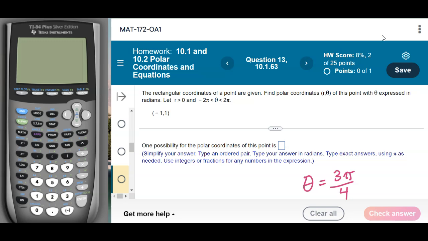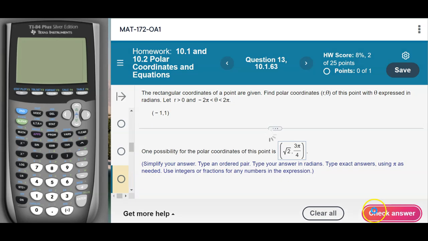Alright, how do I get r? Well, r squared equals x squared plus y squared. This again is the Pythagorean theorem, and x is negative 1, y is positive 1. So r squared is 1 plus 1, which is 2. Negative 1 squared is 1, positive 1 squared is 1. 1 plus 1 is 2. r squared is 2, so r is the square root of 2. So one possibility for the polar coordinates is the square root of 2 for r, comma 3 pi over 4